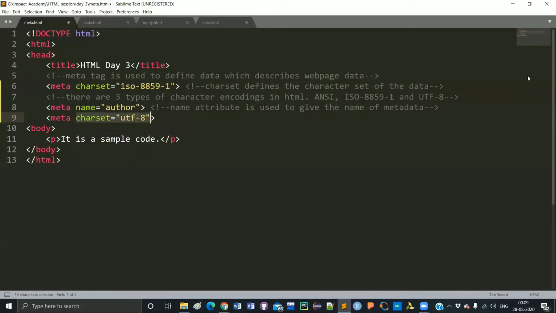Now there is another attribute, that is http-equiv. Why is this http-equiv attribute used? This http-equiv attribute is used to provide extra information about the HTTP header.